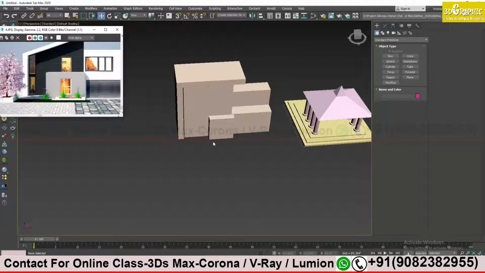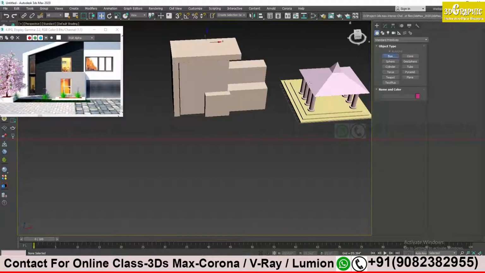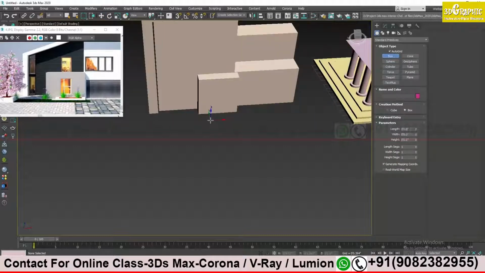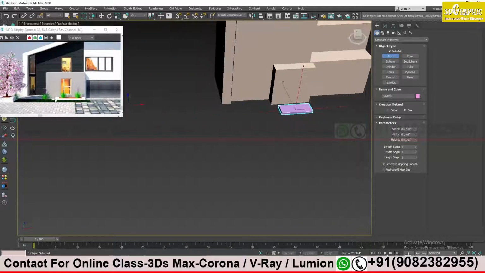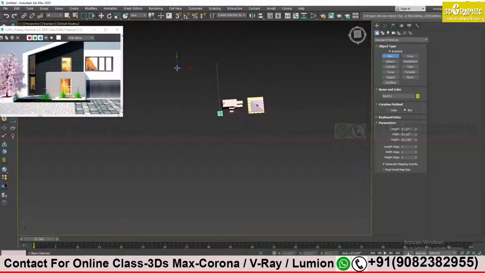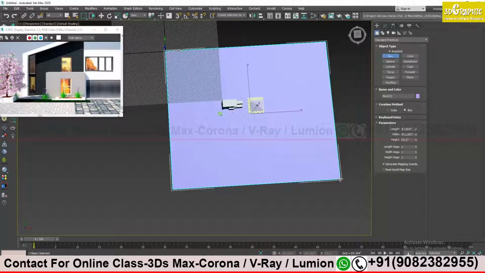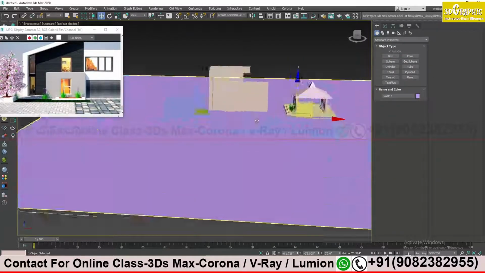This plant area at the front, again I will take a box. It's done. One more plant, a tree over here, the bigger one, and the entire space, the entire ground I have to also make.